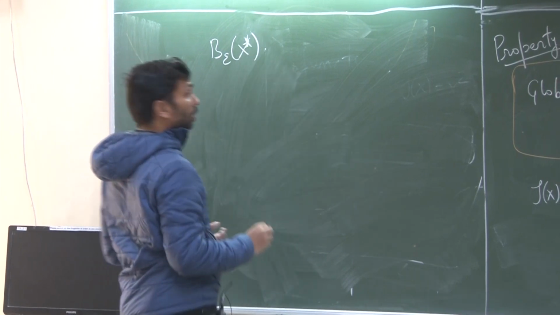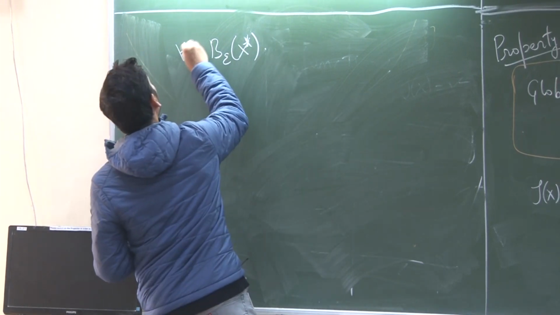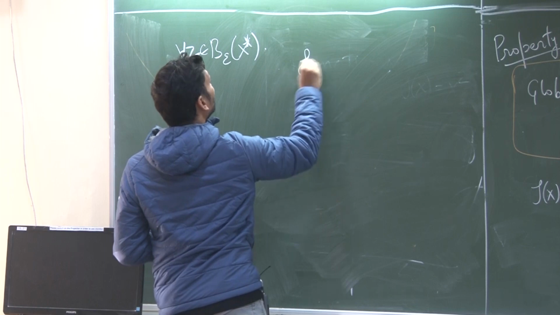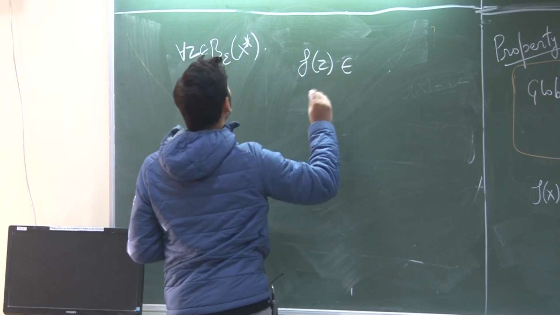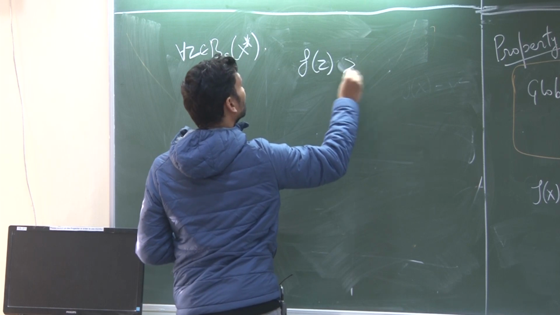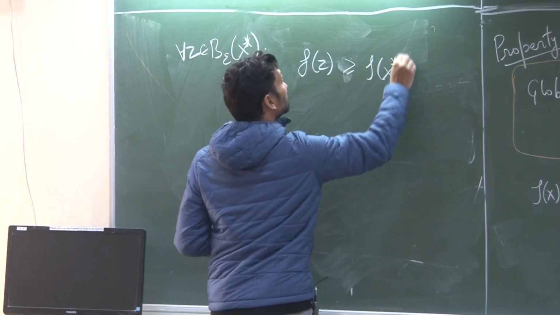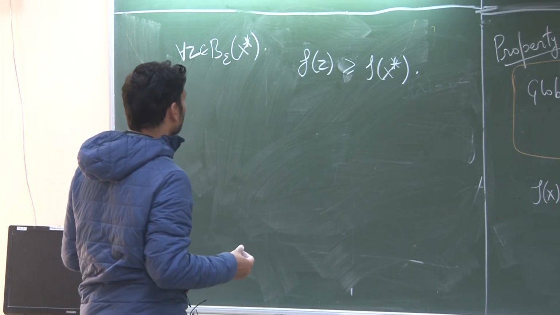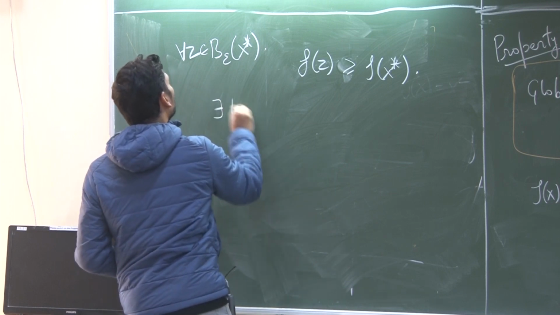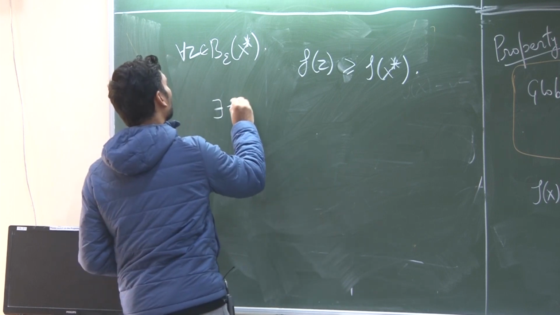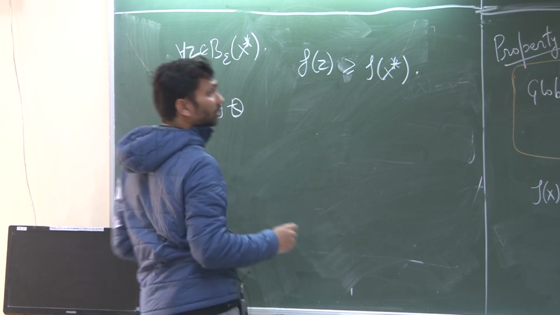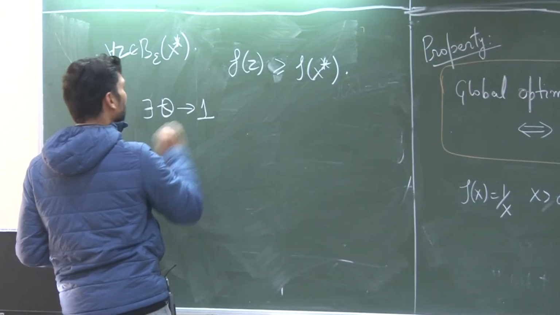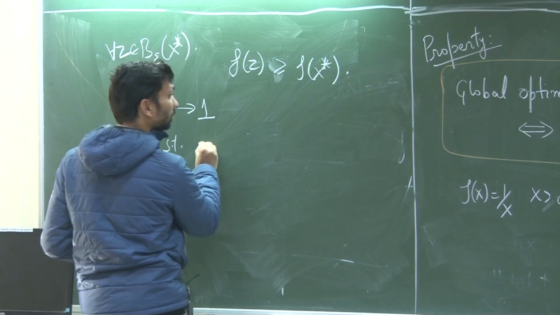this is the ball around x star such that for all z element of the ball, f z has to be more than f x star. This is by the local optimality property of f and x star. But there exists a very, very small, there is theta. I have taken it as 1 minus theta, so I should say there exists a theta which is approaching 1 such that